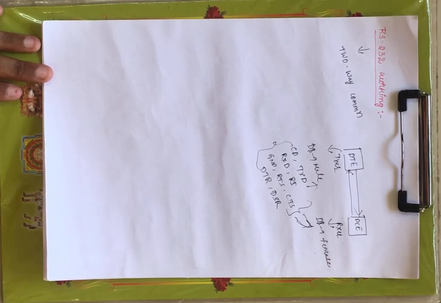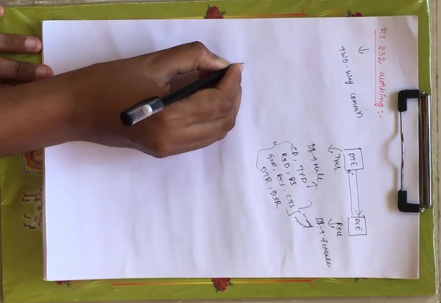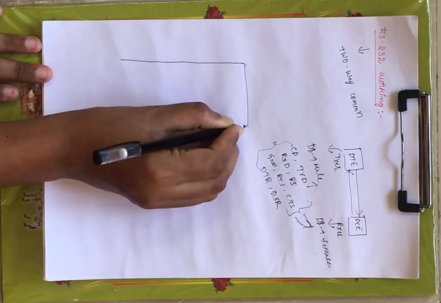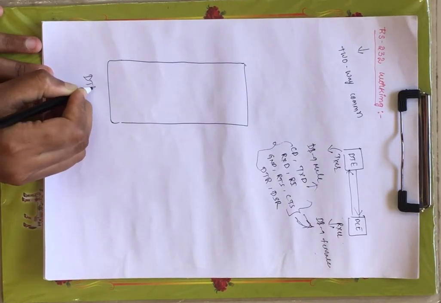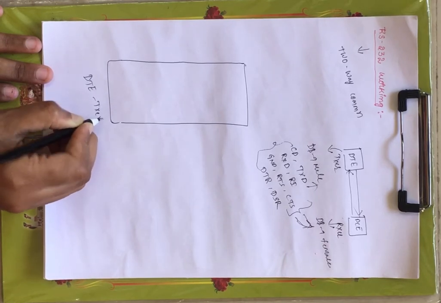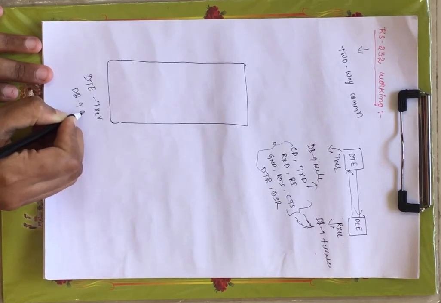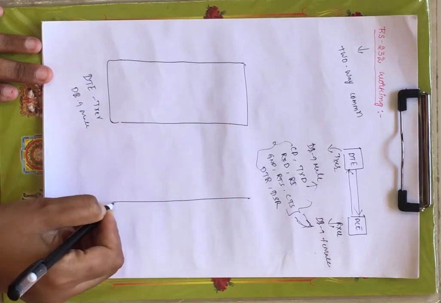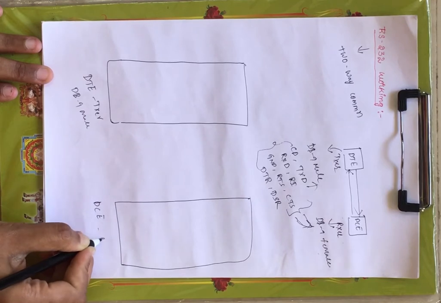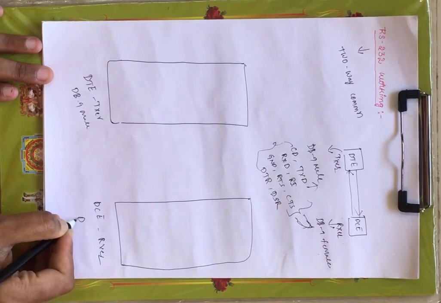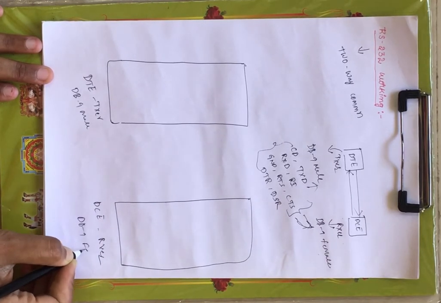Now these are the pins of your DB9 male connector and DB9 female connector, which we have seen in the previous lecture, right? Now, from the DTE source, let me represent the DTE. This is your DTE source. DTE is nothing but the transmitter, nothing but the DB9 male connector, right? And next we have DCE, nothing but data communication equipment, nothing but the receiver and the DB9 female connector, right?